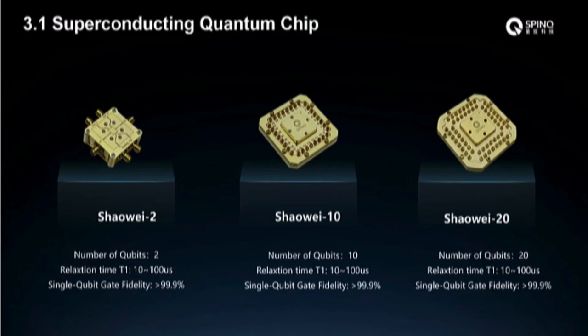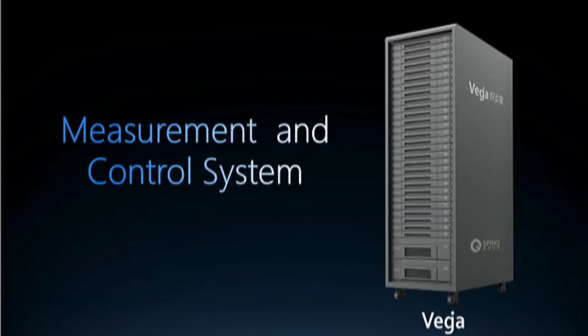Okay, let's go through. Right now, our commercially available quantum chip is the Zhou series. You can have up to 20 qubits, and the single qubit gate fidelity is up to 99.9%. Except the quantum chip, the most important